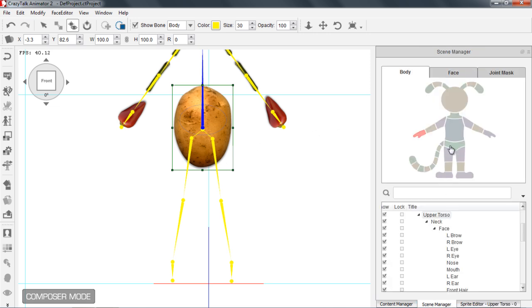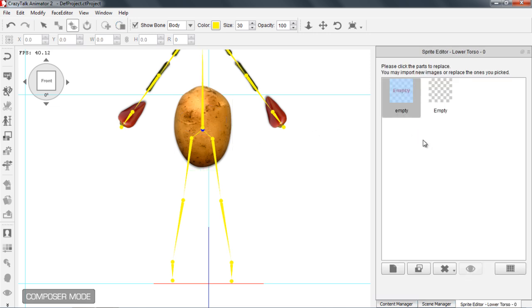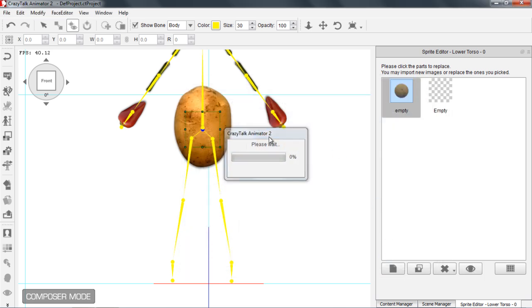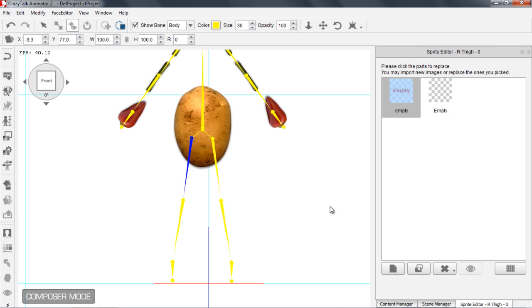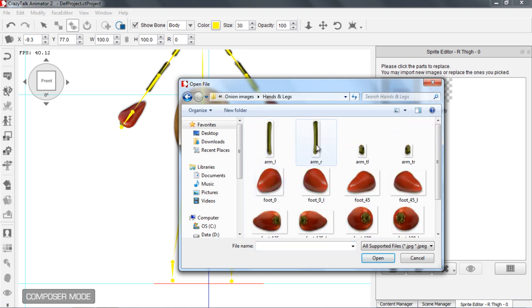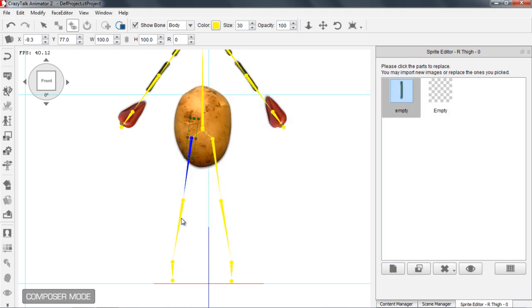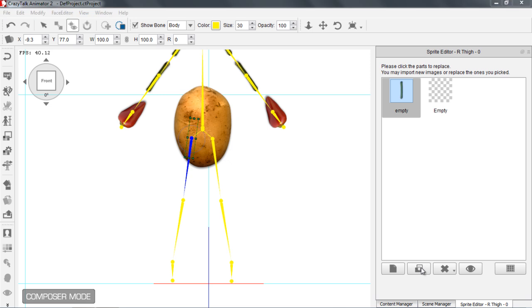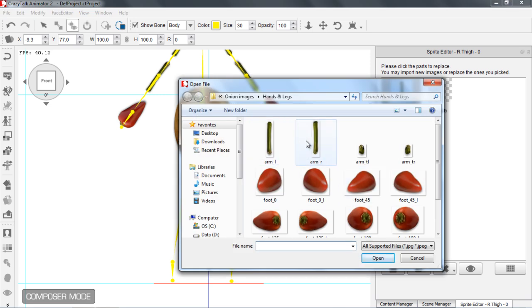Now in the scene manager we can select our lower body, and in the sprite editor here we're going to select this circle potato cutout for our lower body, and like I mentioned we'll position that later. Let's select our thighs here, and for the thighs we're just going to be using the same thing. We're going to be using the little pieces of asparagus there. We'll select editor thigh, replace that with our